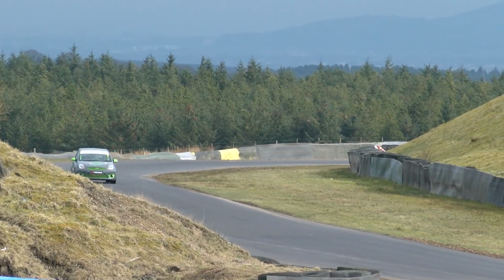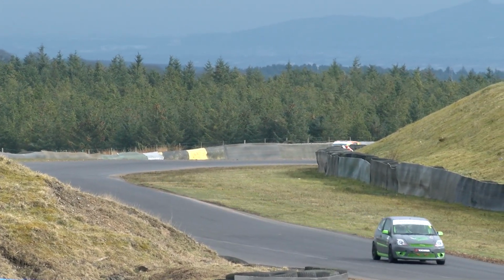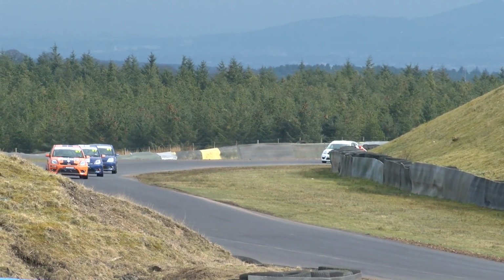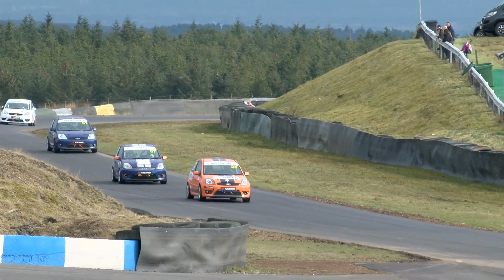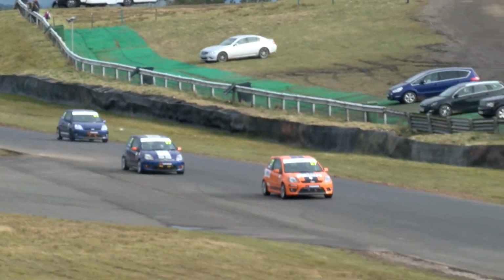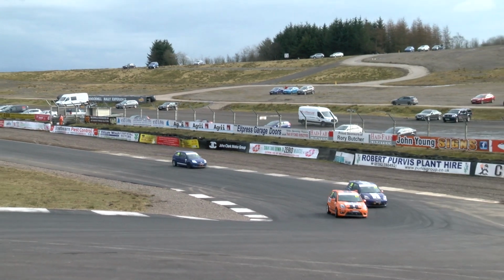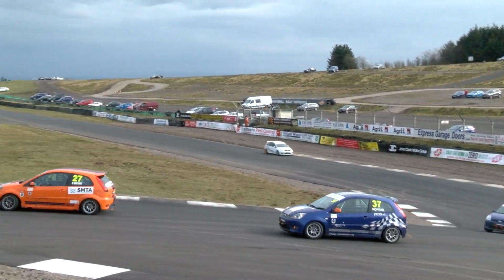One thing we are sure of is this man here, Wayne McCauley, as he comes round towards the hairpin. He is definitely the leader, and he's got a comfortable buffer over him. He'll be able to do that lovely trick when you come through the Knockhill hairpin, just have a little glance to your right hand side. You can see everybody else coming in and battling away, and battling they are,